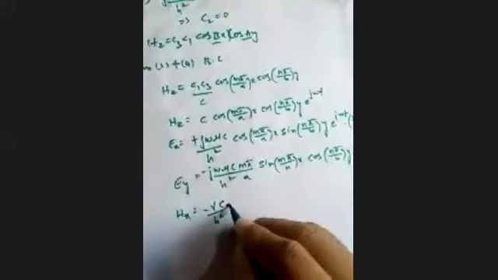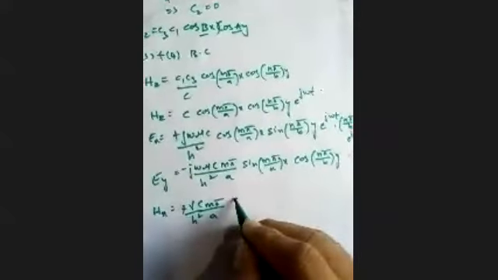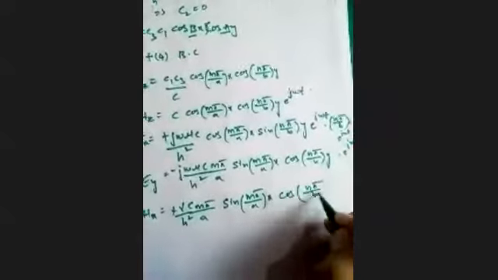Similarly, if we look at Hx, differentiating once with respect to x, so minus gamma by h square, differentiating with respect to x, so c is as such, m pi by a. Into minus is plus, because differentiation of cos is minus sine, so sine of m pi by a into x into cos of n pi by b into y into e power j omega t.